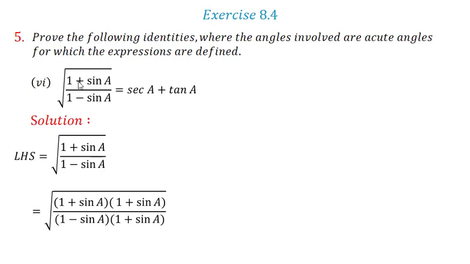Whenever sin and cos are involved, you know that we have the identity sin square theta plus cos square theta is 1, or 1 minus sin square theta is cos square theta, or 1 minus cos square theta is sin square theta. So by rationalization, I get one part as 1 minus sin square theta or 1 minus cos square theta, and then I can convert. So here you can see that your denominator is in the form of a minus b into a plus b.